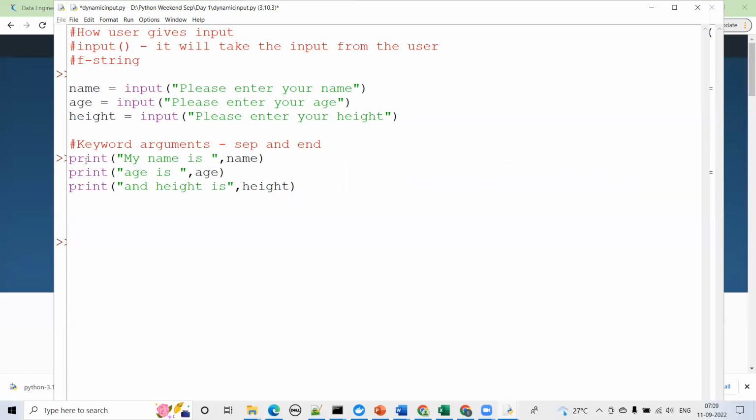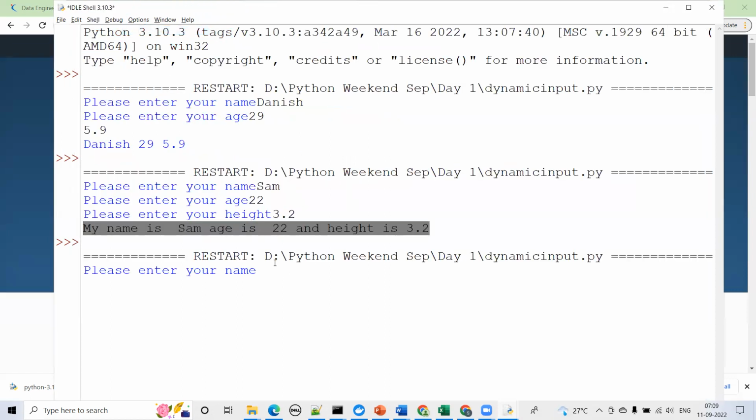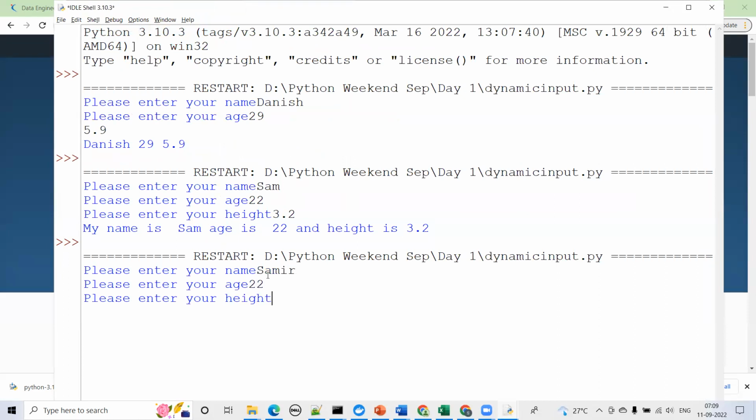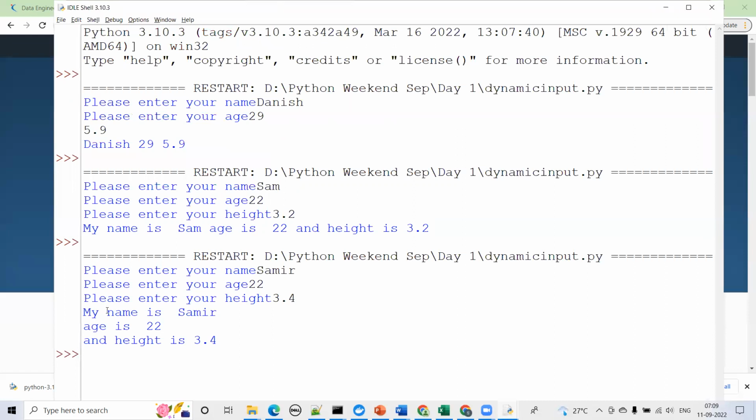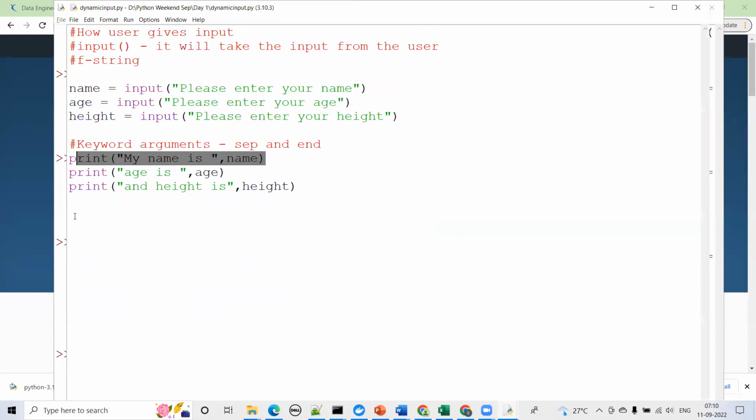Okay. Now, if we run this, you see it is printing all the print statements. It is printing each in a new line, because we are not giving any explicit new line. These are being printed on separate lines. Okay. Now